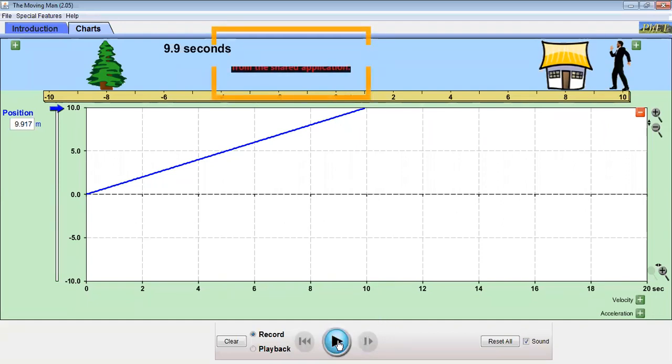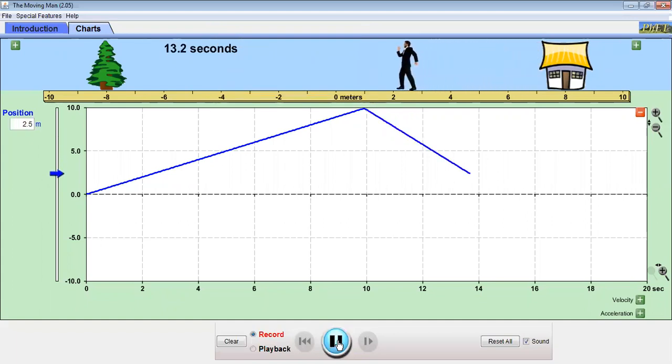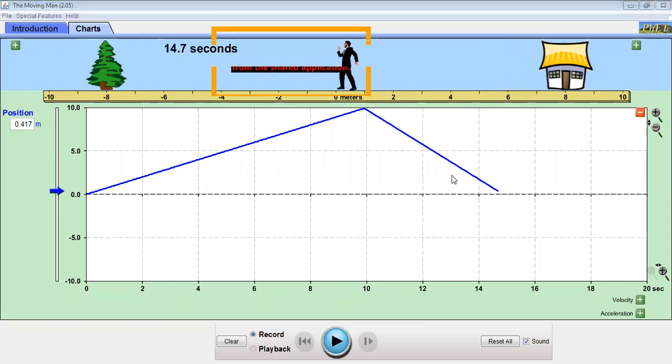See how it is. It is something like this. So this type of motion, we had already discussed this, beta, but I'm just showing you with the help of the simulation that this type of motion indicates that the object is coming towards the initial position. And if you find the slope of this line, the slope will be negative. What does the negative slope indicate? The negative slope indicates that the object is coming towards the initial position, or the object is in the opposite direction. I hope you are getting it, class.